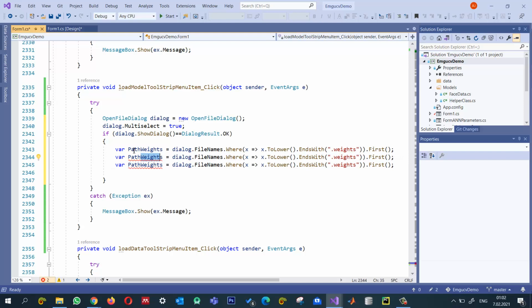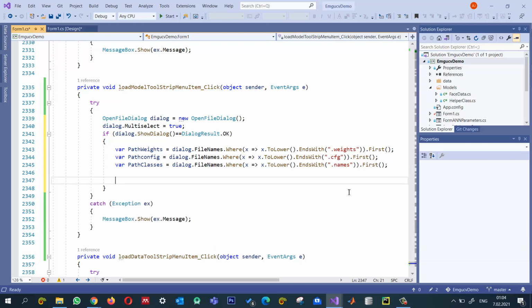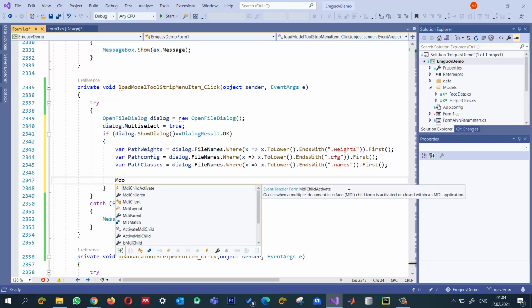Path for, let me say, the config. I'm selecting the path for the classes, and for the configuration file the extension is CFG, and for the labels it is the names extension. So once we select the appropriate paths for the weights, config and the class labels, we can go ahead and create